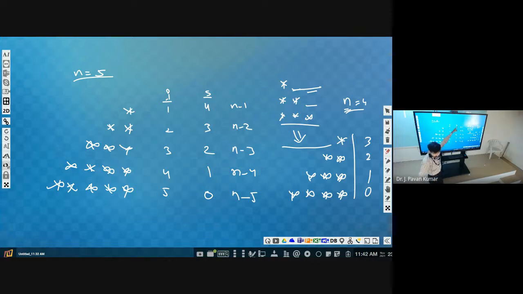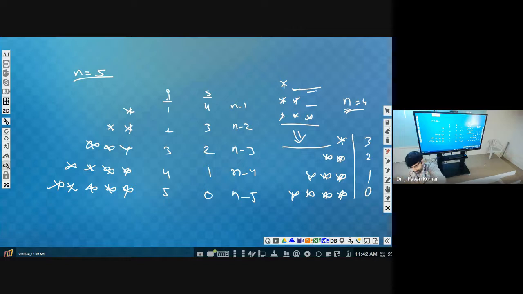S is decreasing. Can you generalize it? How many number of spaces we will be having in the second row? Given n, how many number of spaces? N minus 2, definitely, irrespective of n.